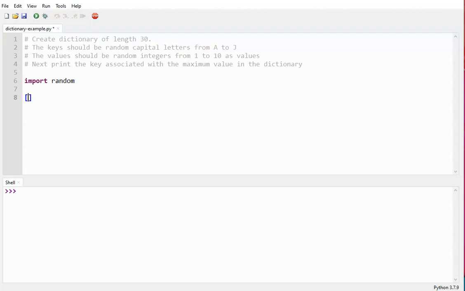So we're going to first generate a list of random capital letters from A to J. For that we're going to use the character ASCII codes. Let's first complete the syntax for the list comprehension. So for i in range 30, this is going to be a list which is going to consist of 30 elements. What are those elements? Those elements are going to be random